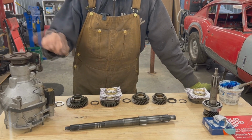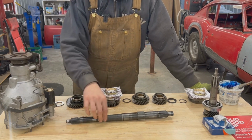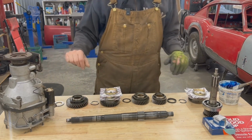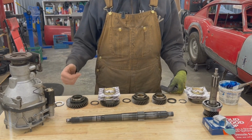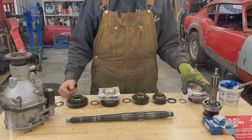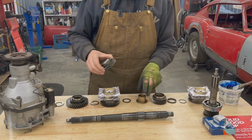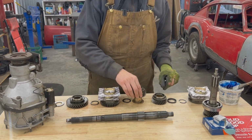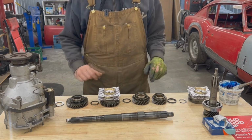But to do that we needed to swap the main shaft in the transmission from A-type to a J-type main shaft, and since we had the transmission apart, of course we are checking this and that. We found some issues with it. One of the gears on the countershaft was chipped. Also this bushing on the second gear was snapped, which is a very common problem for the second gear bushing in these transmissions. So we changed that bushing,